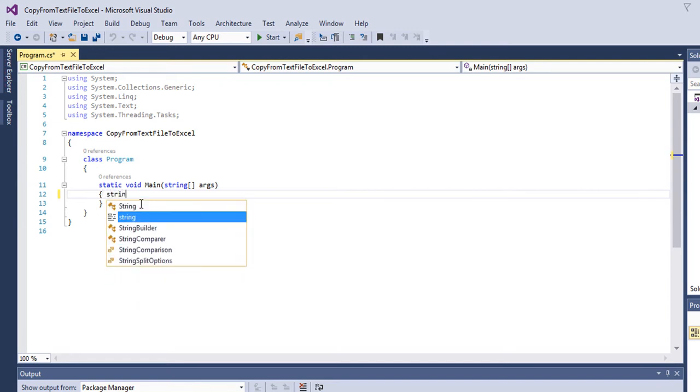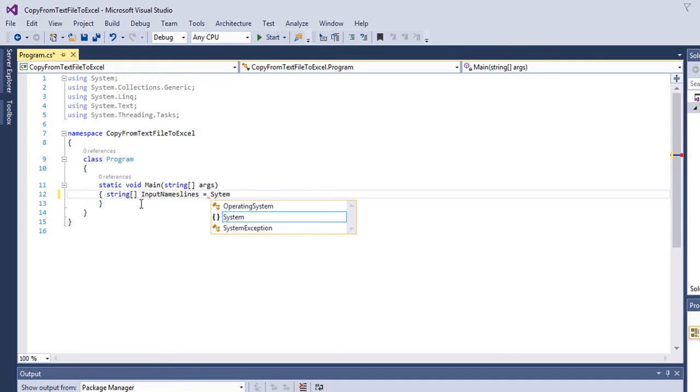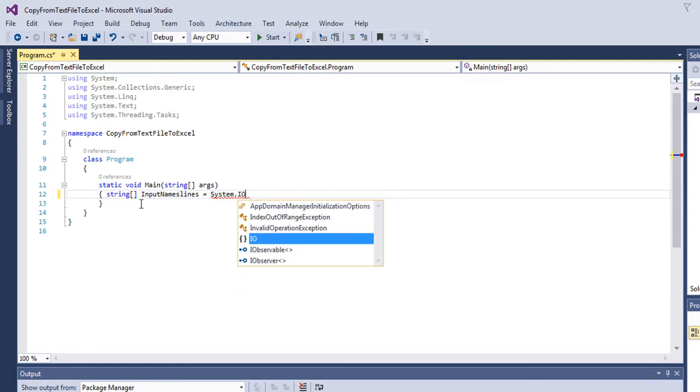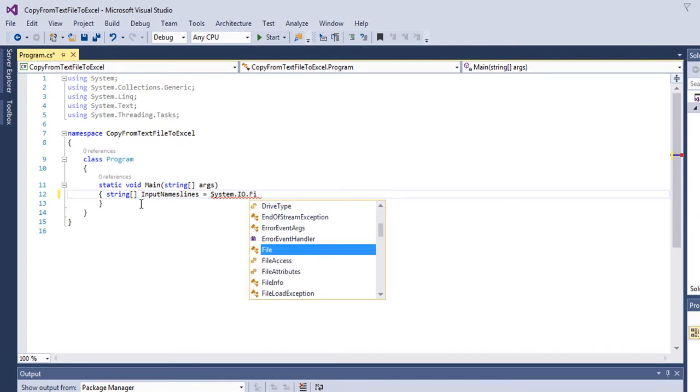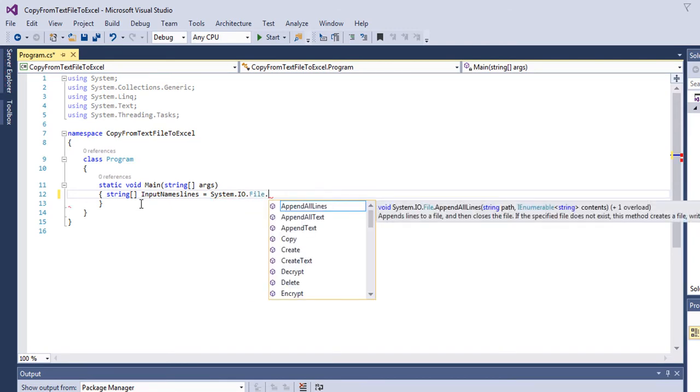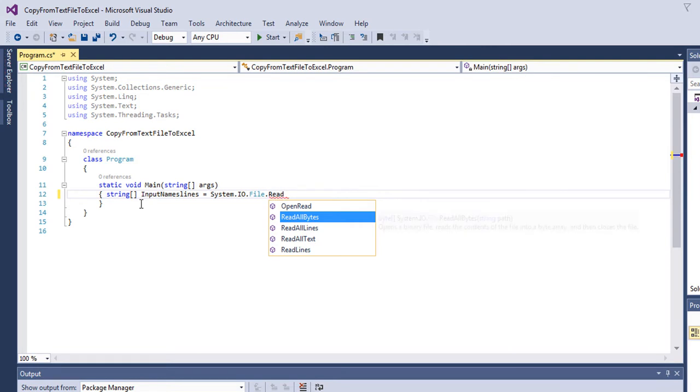So I will type string array input names lines equals System.IO.File.ReadAllLines,